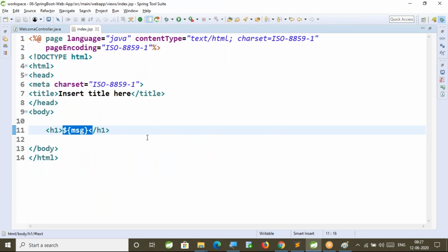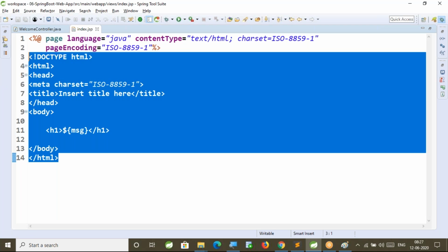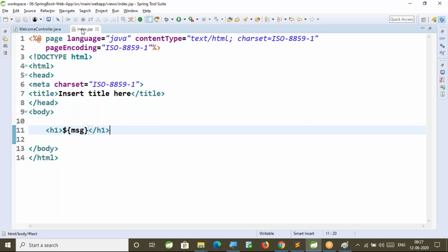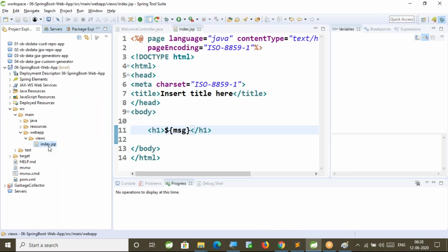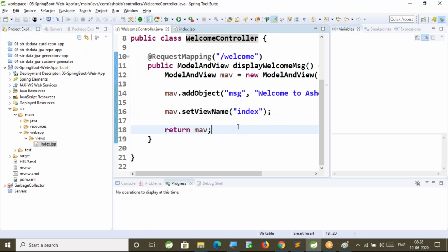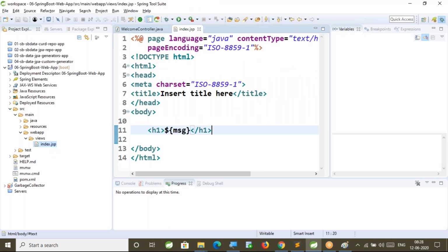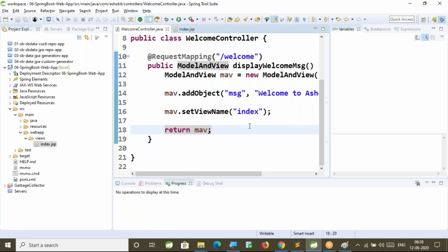So now with this we understood what is the view component that we need to develop and what is the name. Can I change the name to something else? If I change my view file name, then I need to change the set view name in the controller. My controller is setting the view name as index, so my view file name should be index only. Does my controller know whether my view is a JSP or Thymeleaf?